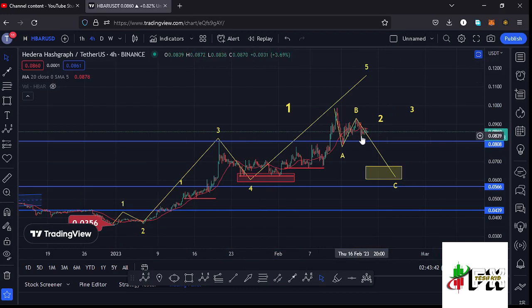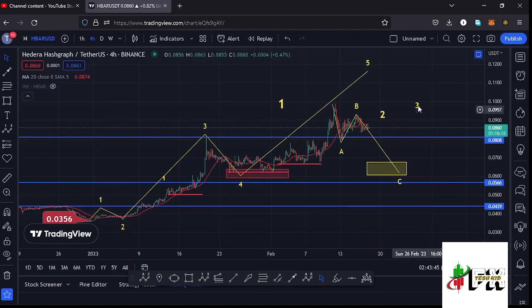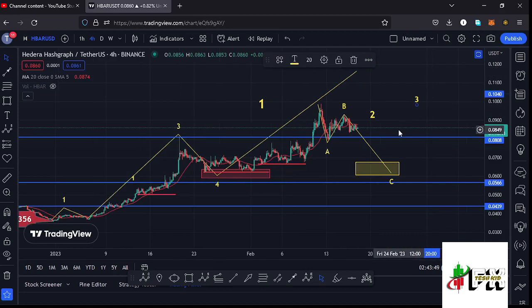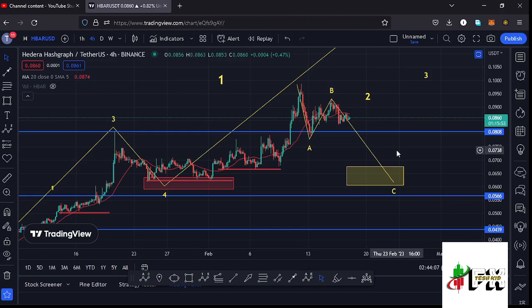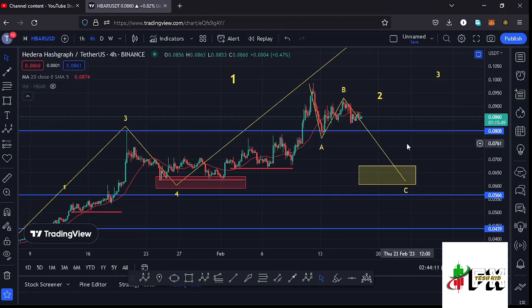And once the low for that second wave is in, then we can expect another massive bounce to the upside in the formation of this wave 3. And for this move to also play out, there are key moves that I need to continue watching over here. And the first one is that we need to continue holding below the 20-day MA, and at the time of this recording we are trading below the 20-day MA, meaning it's now acting as resistance.